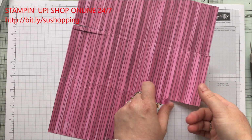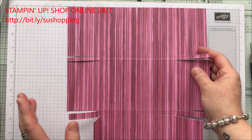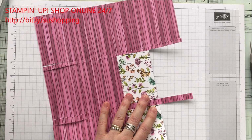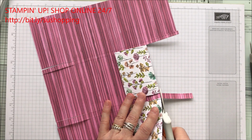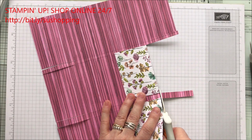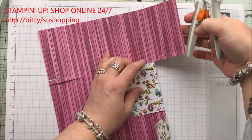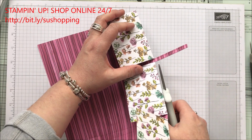and you've now got flappy bits. See? So what we're going to do is we're going to cut them off because we don't want those bits. So just take a pair of sharp scissors carefully, because you don't want to cut this bit. Cut them off. Now if you bend your paper back like I am before you cut, you'll find it much